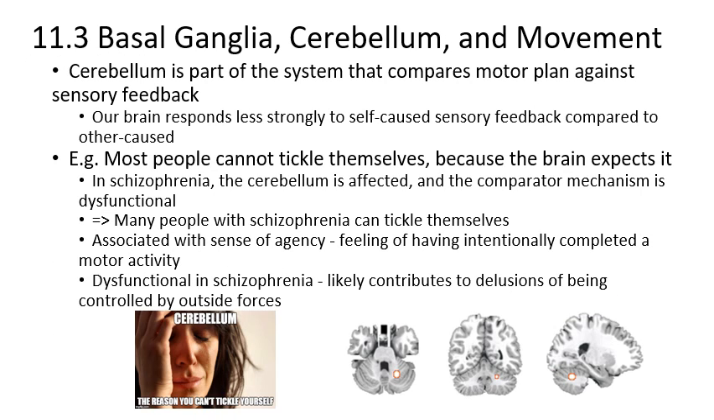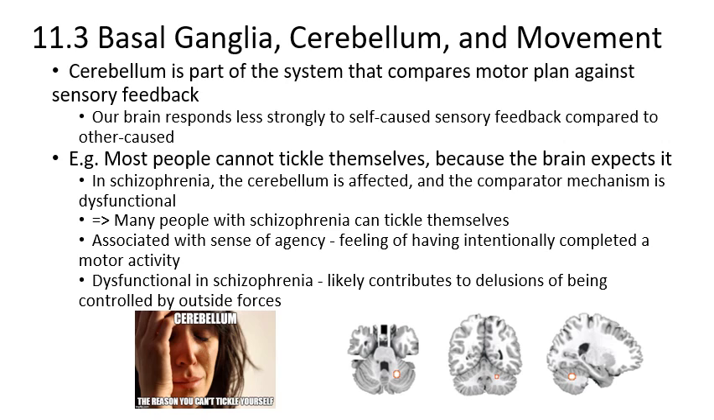So going along with what I was just saying, our brain responds less strongly to the sensory feedback of things that we caused as opposed to the sensory feedback of things that other people caused. An example of this is that most people cannot tickle themselves because the tickle sensation comes from surprise, and we can't surprise ourselves with tickling because the brain expects it. We created the motor plan to tickle, and so our brain already expects it, and we don't get that surprise